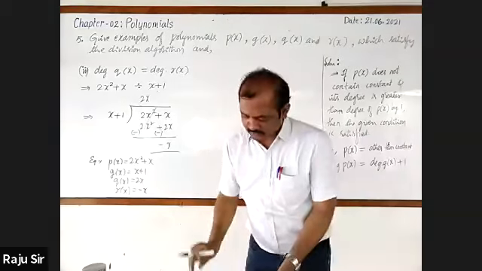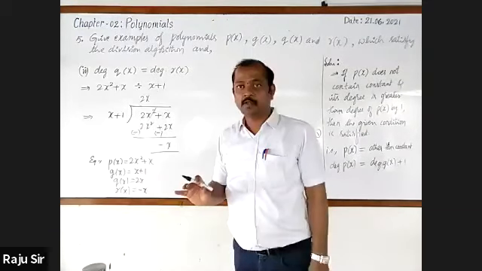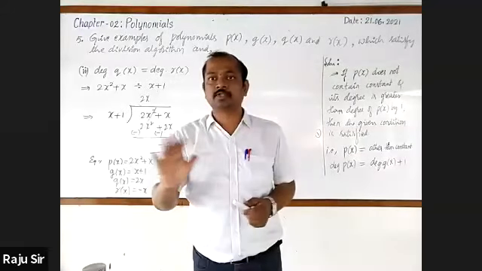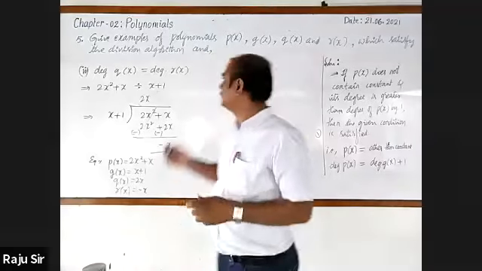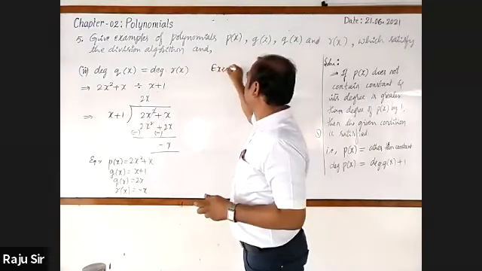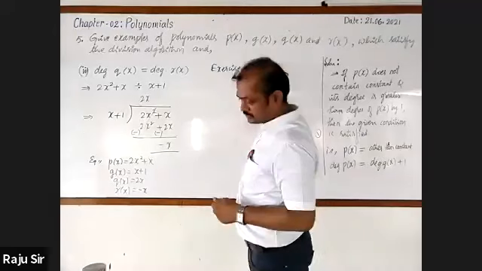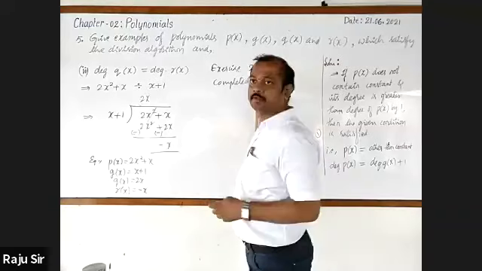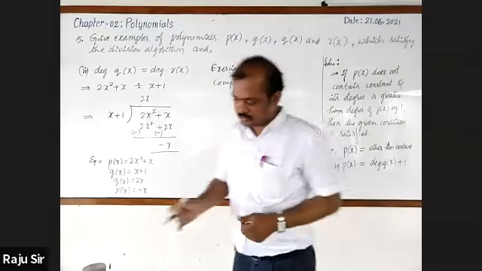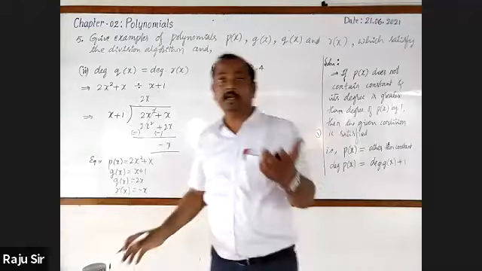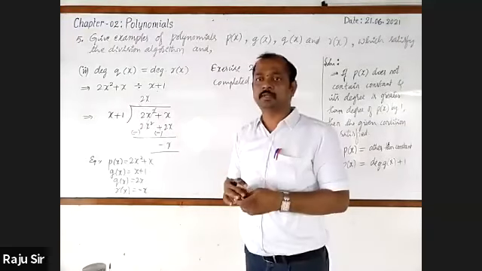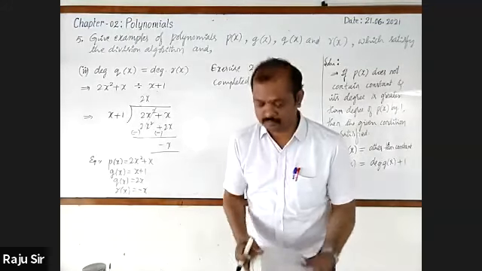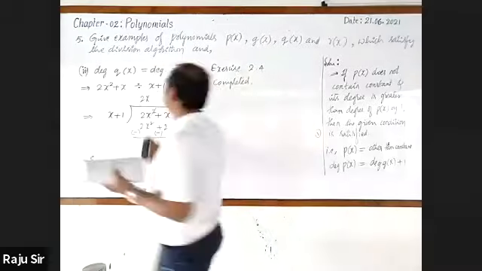Next, that exercise has been completed. Even exercise number 2.4 options. In that also, we have completed all the examples. Exercise 2.4 is completed. Finding the value of k and a and b was in the previous class, and now I'm moving to the last problem, the last problem of this chapter.